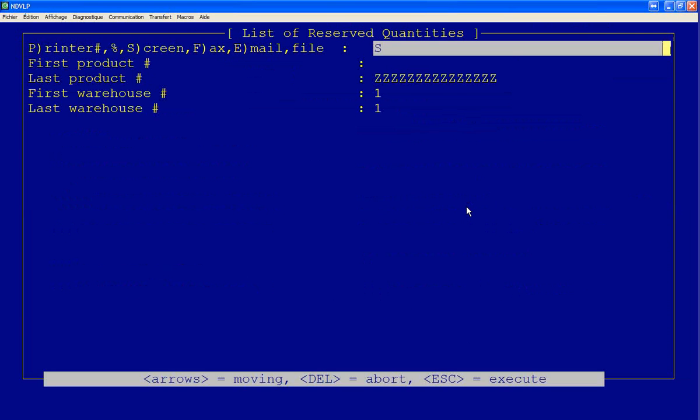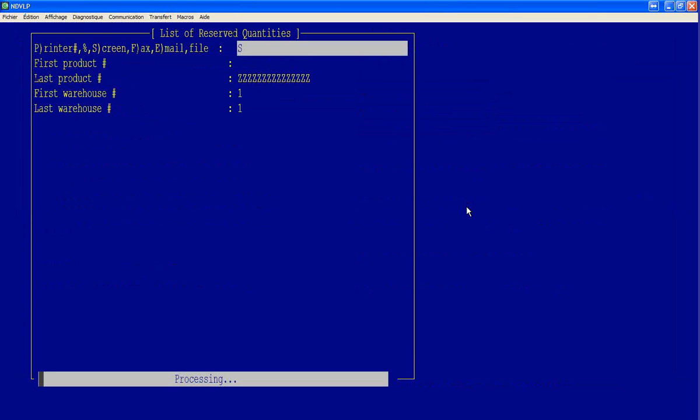So this can be very useful to find out on which sales order the product appears. According to the dates and other information, you can decide that you're going to give the product to another customer because his order is more important, or he needs the product more quickly. We'll just wait for a few seconds to see an example of these